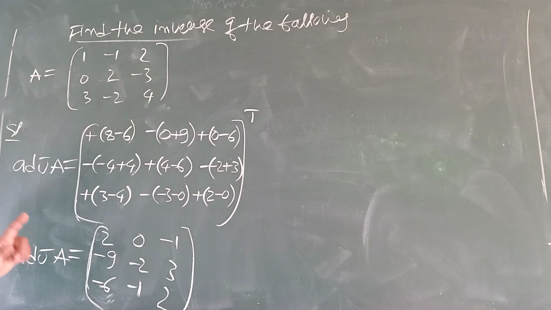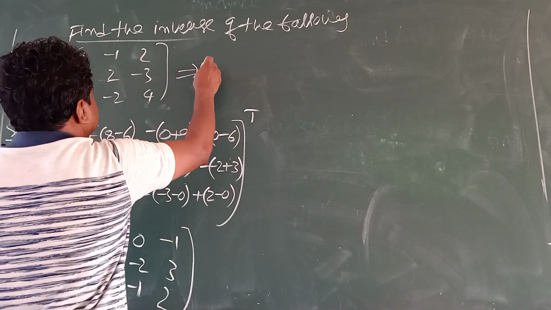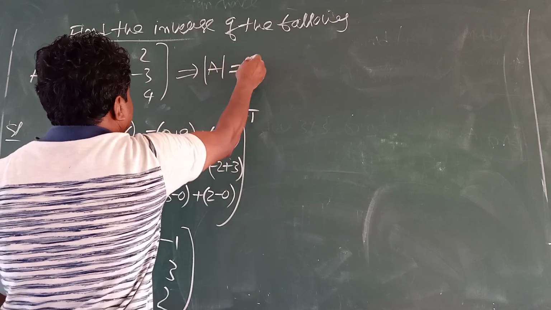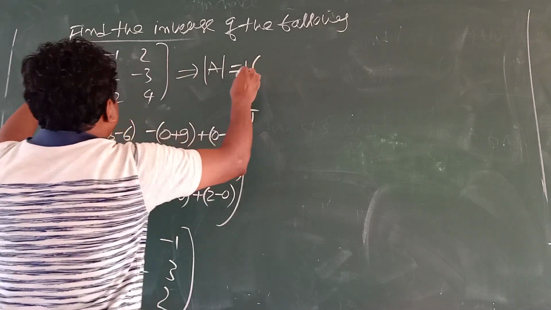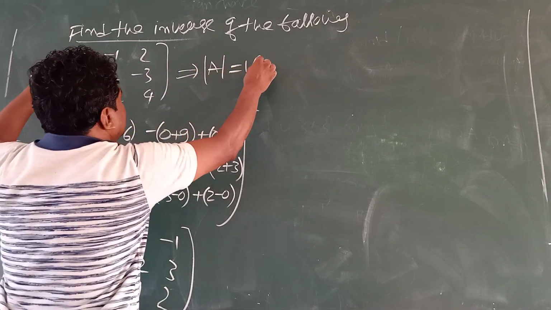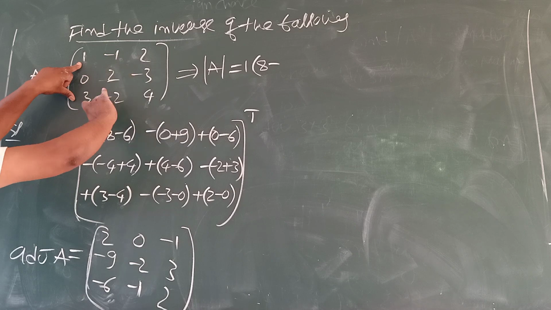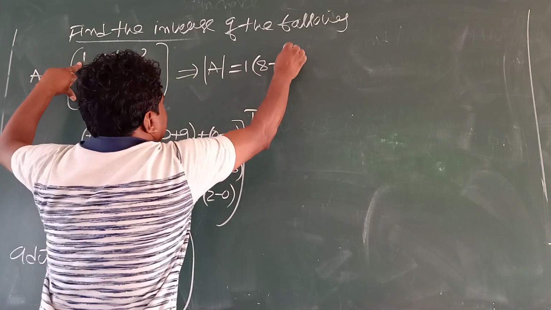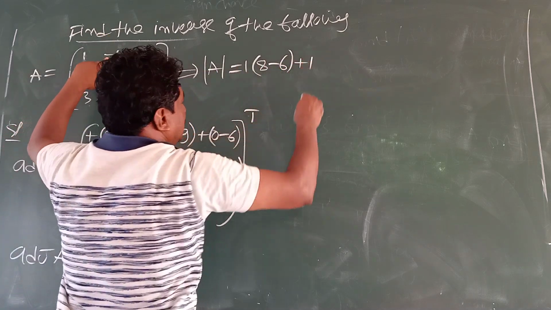Next to find out det A. You find det A in the beginning itself. So tell me det A. Plus minus plus. 1 into leave that row column. 4 to the 8 minus 8. We write 1 minus. Already we have 2 minus. Totally 3 minus. It is minus 3 to the 6. Next plus minus. Minus into minus plus 1.